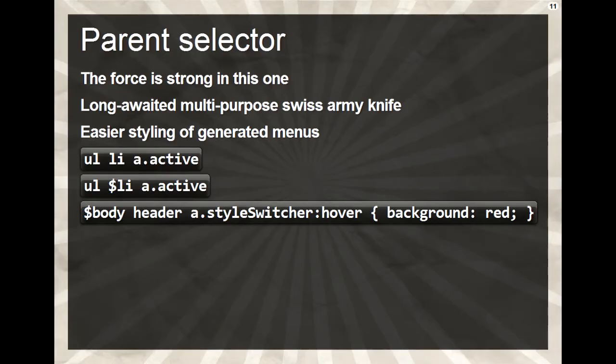The parent selector, I think it's the most awaited part of the CSS4 specification, because it's not the parent that we can style, it's the item that we are interested in. We can, for example,